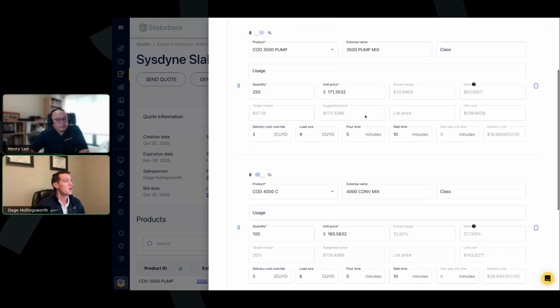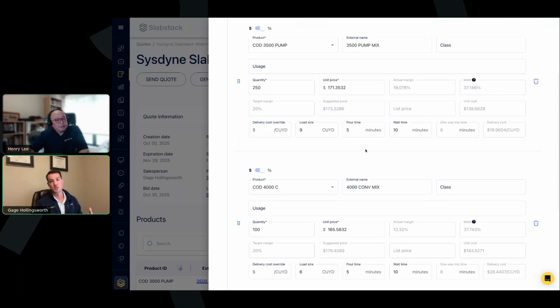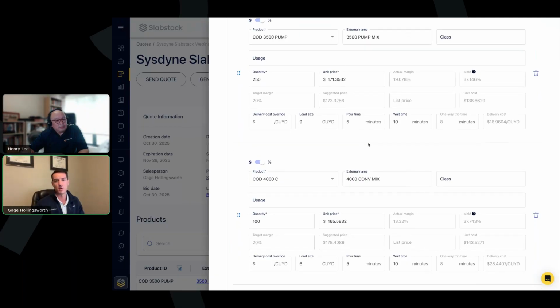And we can say, hey, if you want to reach a 20% target margin goal, the suggested price is going to fall at just over $173 per yard. So that is how the integration works in real time. This is a really nice time-saving feature. You don't have to go chase down price lists from other systems. You don't need to break out your calculator to figure out how much you're making per yard. All of this data is flowing and pretty visible, and you don't need to be a computer expert to manage the business.